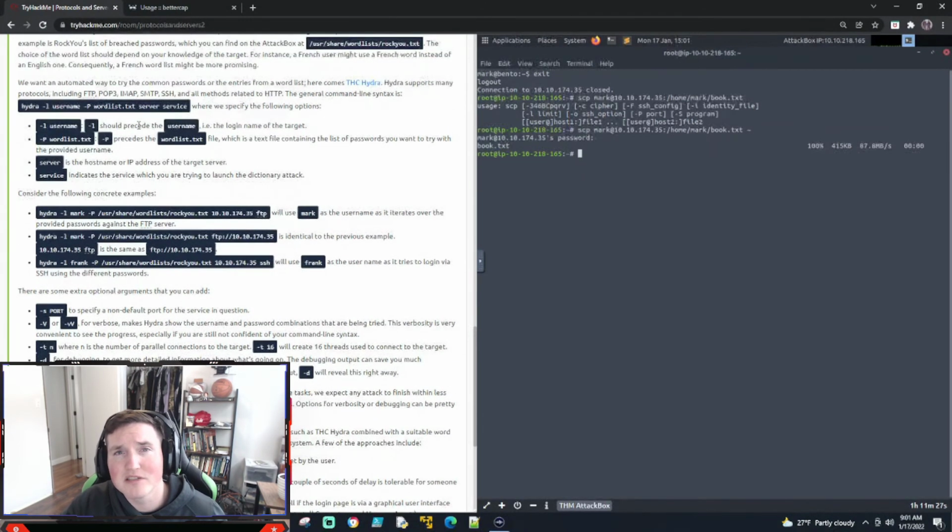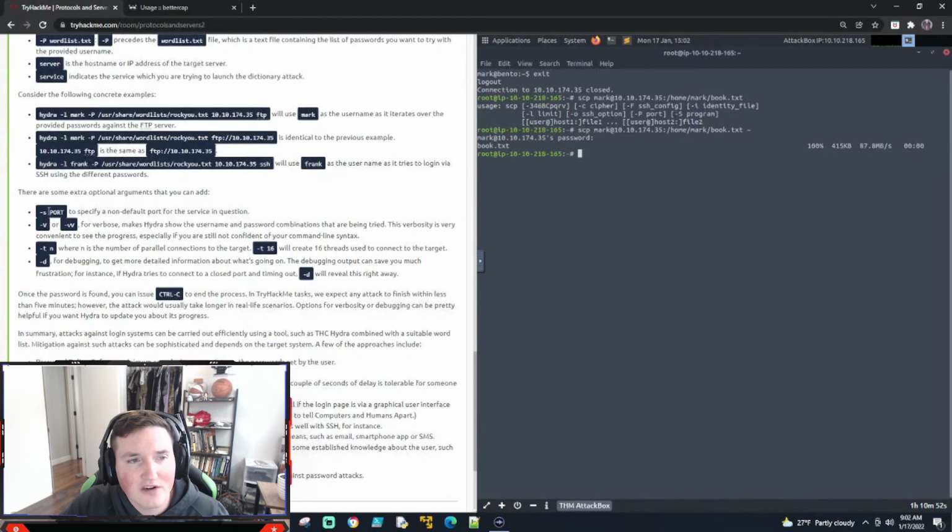If you know the password but don't know the username, let's say someone leaked a password, you can also use a capital L and a username list. And you can use a lowercase p with a password that you already know. The capital specifies that you're using a list, and here they're using wordlist.txt, and then the server and the service, meaning what IP address and what service you're targeting, FTP. Instead of FTP, you could say SSH, whatever. And they show here you can actually specify the port, so if it's on a non-normal port, you can specify it that way.